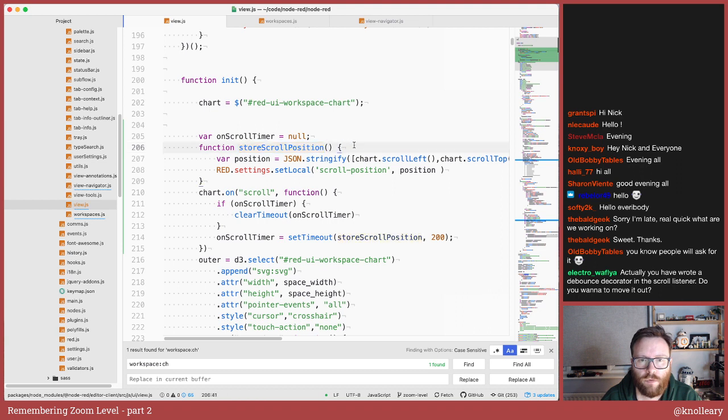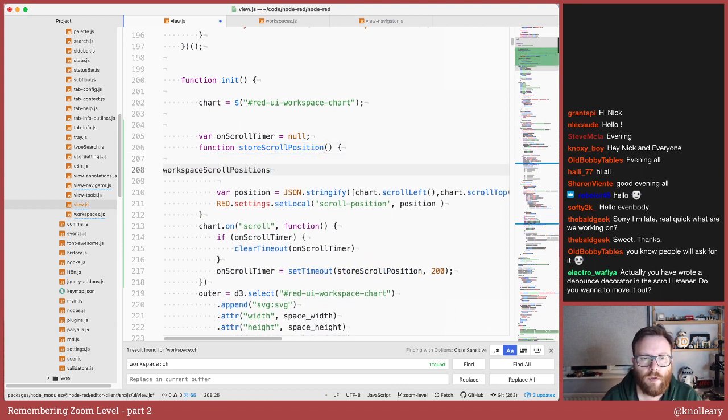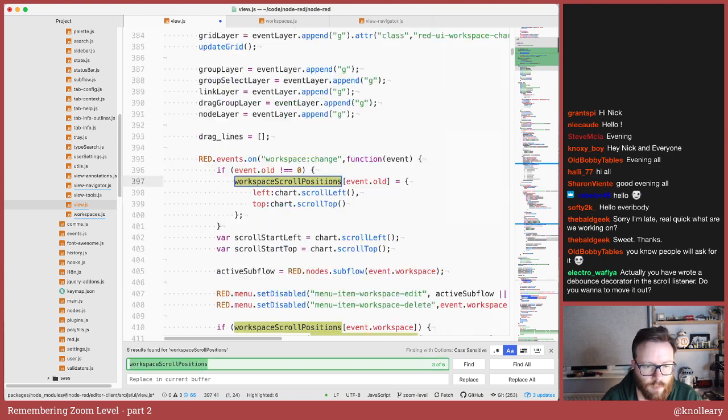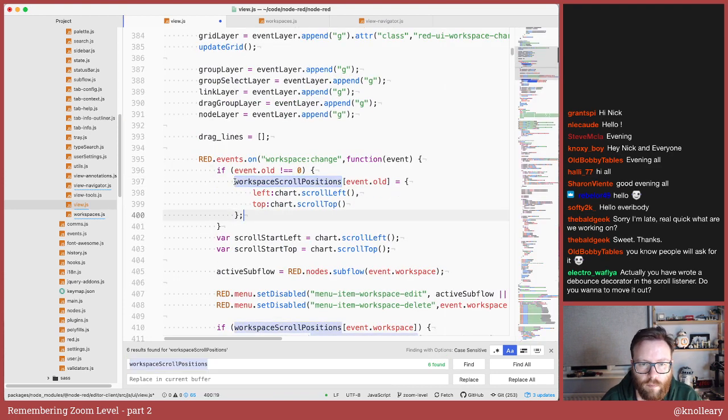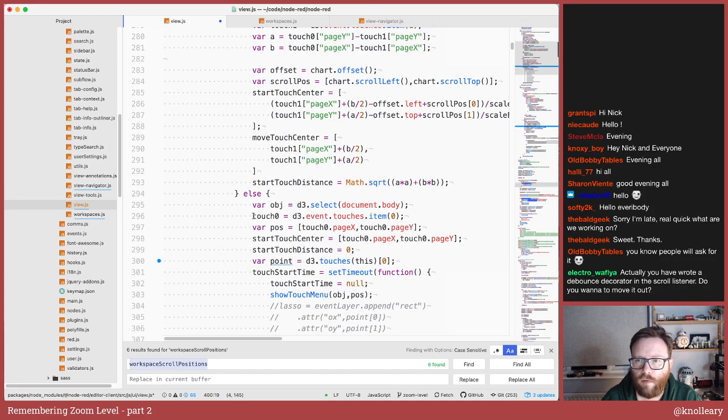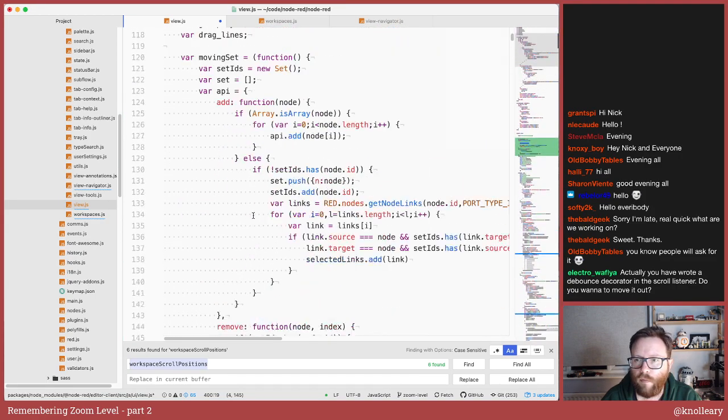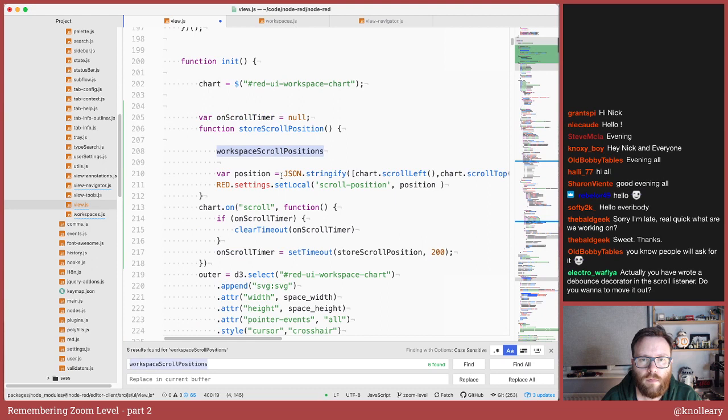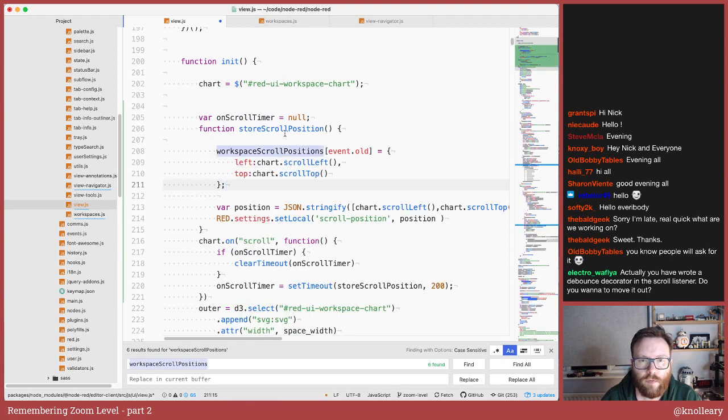So store scroll position. We want to store, let's go find, this is what this looks like. And so whenever we change the scroll position, we are going to update our workspace scroll positions object.